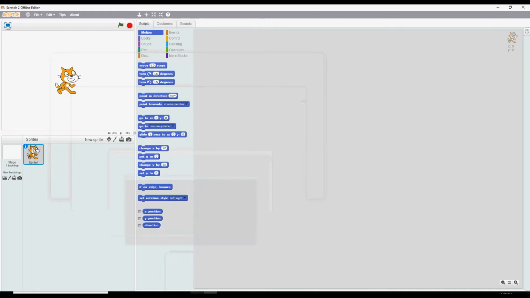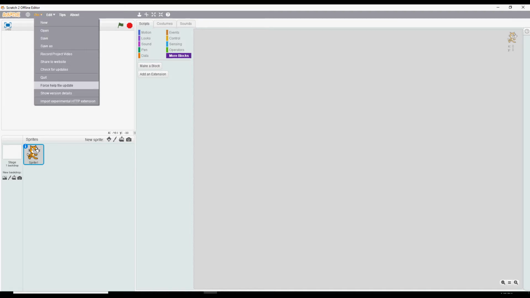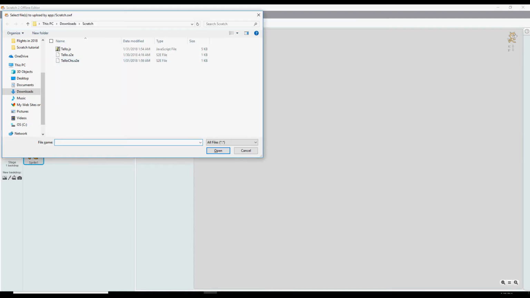and then you should open up Scratch 2. But first thing is to do the command prompt, and again, that's in the earlier videos. While holding down the Shift key, go to the file, and down here you'll see import experimental HTTP extension. Click on that, and then choose tello.s2e. Just make sure you choose one. Okay. We'll open it,